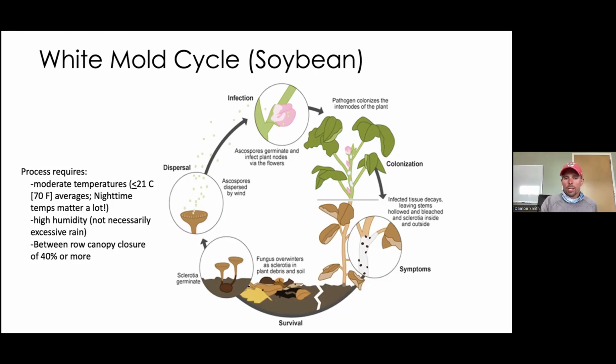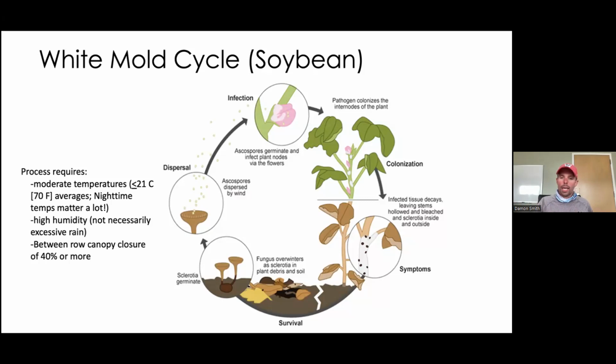If we wait till we actually see disease, we will fail miserably with our fungicide success. We've run trials, many years now, looking at late applications of fungicide, and it's almost like we didn't spray at all with those tactics. So with white mold, you literally need a crystal ball. You can't use scouting, unfortunately, for this particular disease. You have to really pay attention to the environment and have a good understanding there.